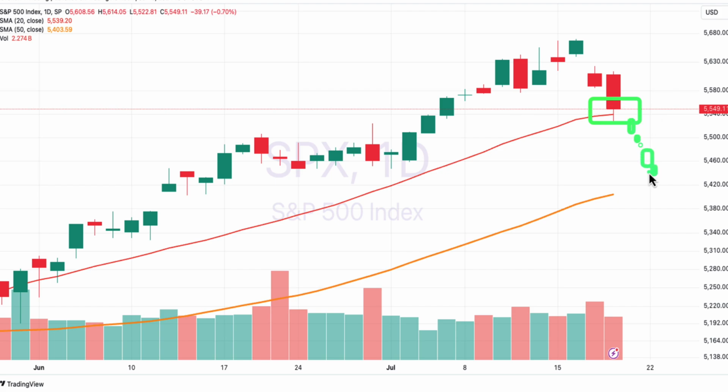If the market breaks below here, there's quite a bit of distance between the 20 and the 50. That's where the market can sell off a little bit more, and we can see a bit more risk-off sentiment